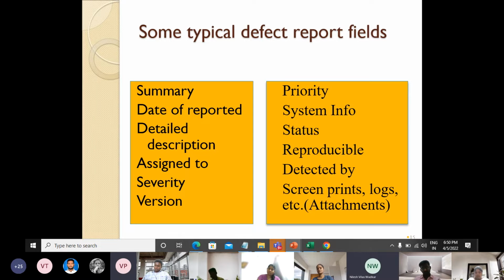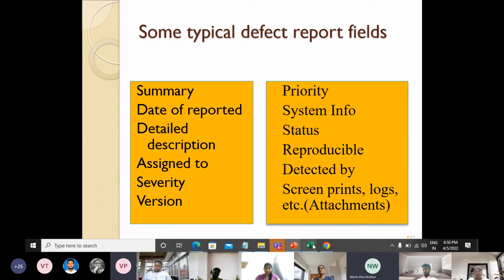See, you have executed and you found that bug, you reported that bug. Let me also check it as a developer, whether it is a reproducible bug. So I'm going to write down whether yes or no, and that is what is called reproducible. Detected by your name, that is the tester's name. Whether you want to add some kind of screenshot or snapshot, then you can say that